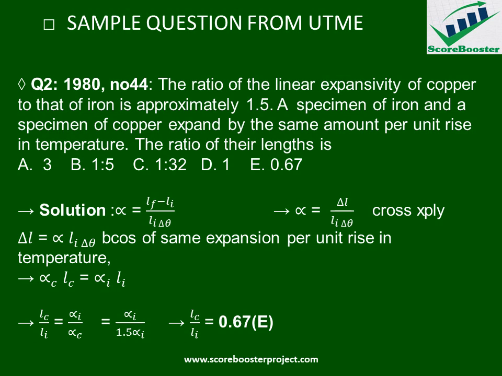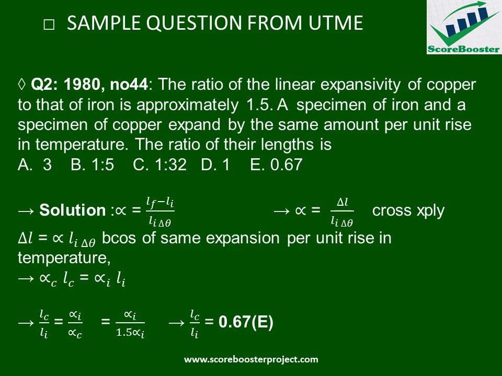So delta L will remain Li times linear expansivity. So the delta L of copper will be equal to that of iron, and that will lead us to alpha,